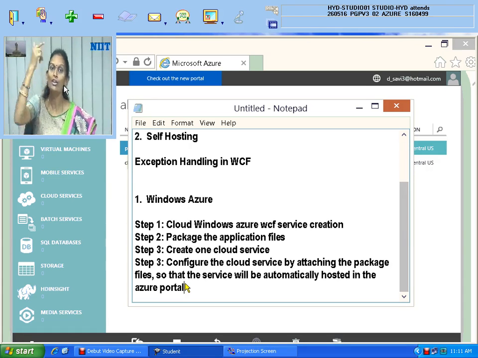And now you need to go to the Azure portal, create one cloud service and attach these already created packages in the Azure. So nothing you are downloading from the Azure now. You only attach the already created package files of your service from the local computer to your cloud service of Azure, and automatically your application will be hosted there.